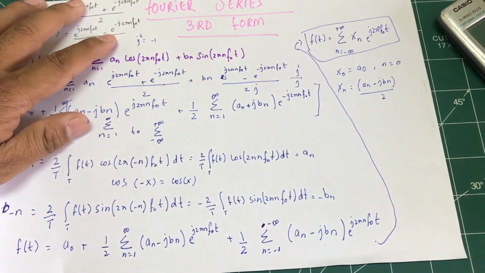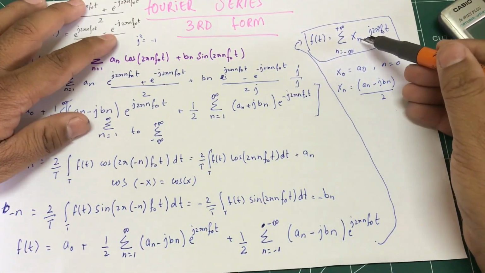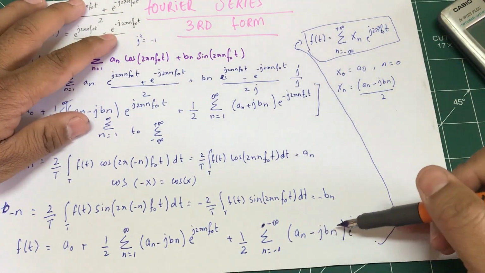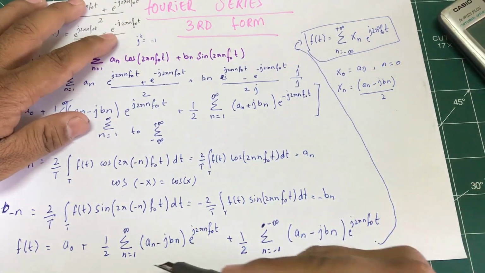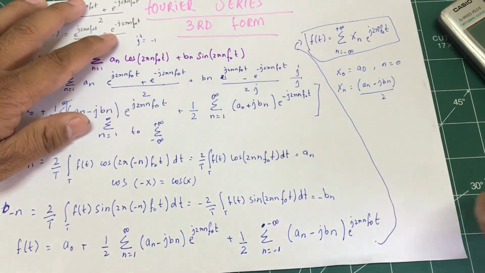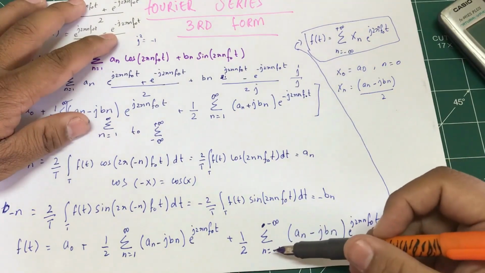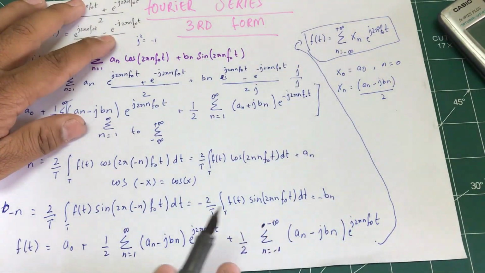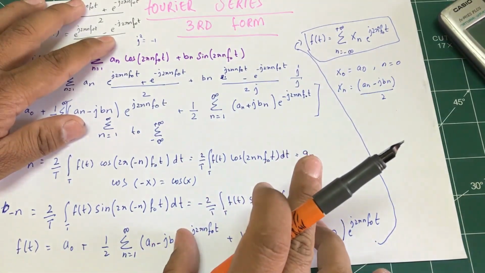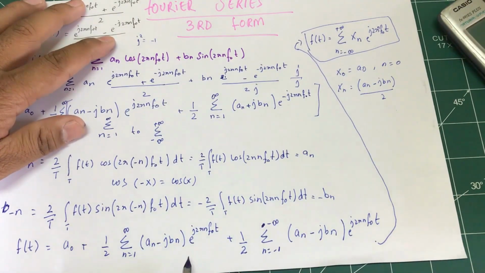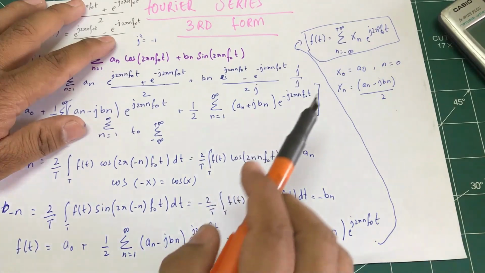So according to this, what is going to be your xn? The xn value is going to be (an minus jbn) divided by 2. In both of these terms, the thing that is common is actually 1 half. So once I change my limit from negative infinity to positive infinity, both of these things are common. So I'm just calling them an minus jbn, representing it as 1 divided by 2. All right, so that becomes your xn,